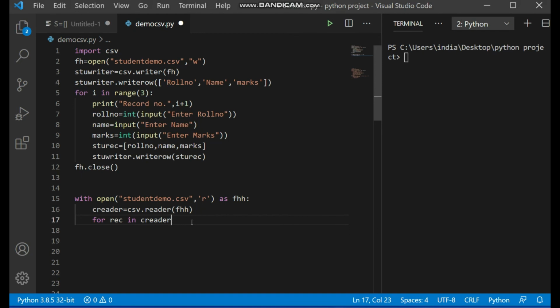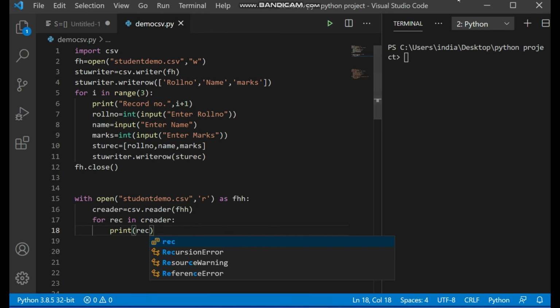The data is in the creader object. So that's why we now have to use the creader object. We have to use a for loop on creader, and from creader, one by one each line we can display, print rec. Fine. So this is the thing here.